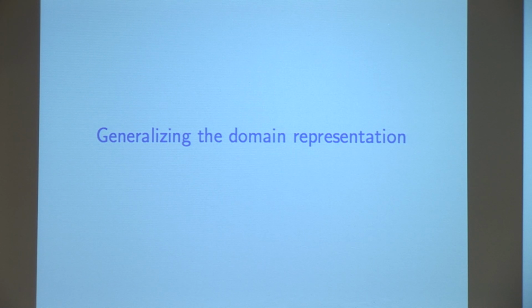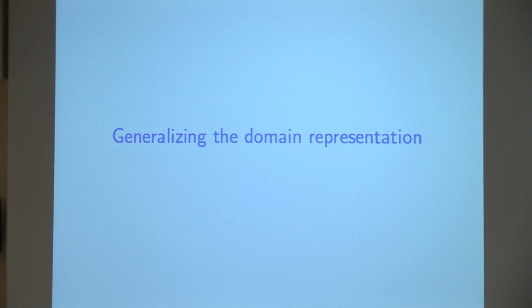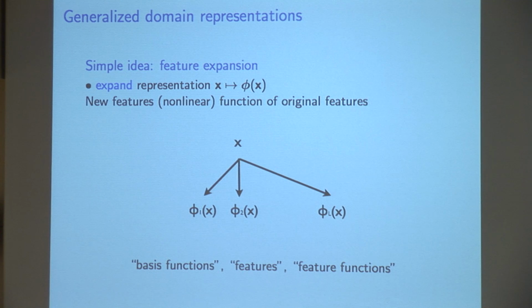Okay. Generalizing the domain representation. So we've got a linear function. We've fixed our hypothesis space. We're still doing empirical error minimization. And we've picked a loss, whatever your favorite is. Okay? How are we going to get nonlinear and have more flexible modeling that we can apply in more domains? Well, we're going to start by just generalizing the representation of the inputs. OK, idea one, this is not deep, right? And you're all probably aware of it, but let's just be clear.